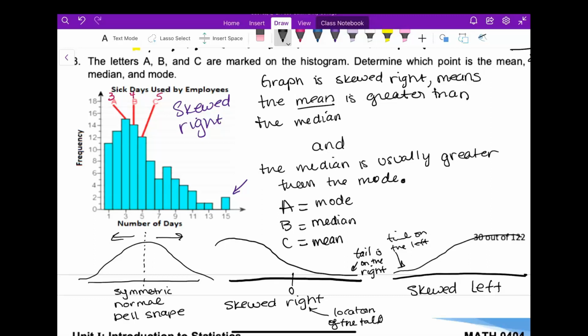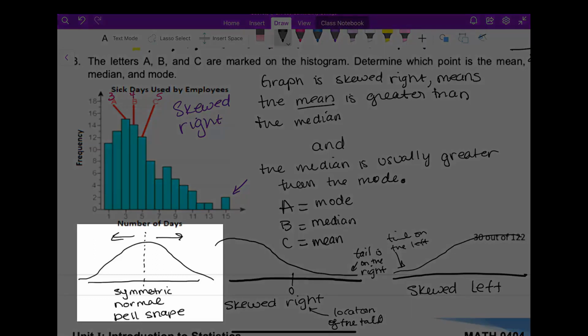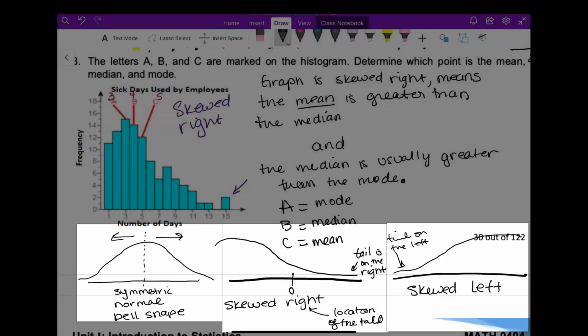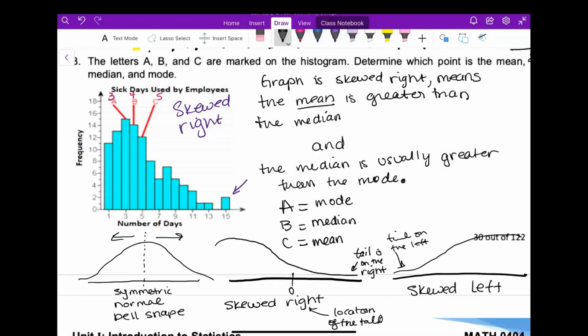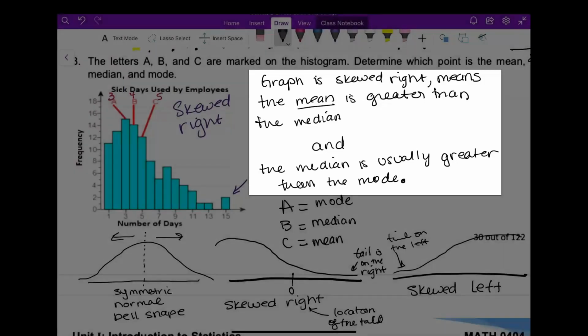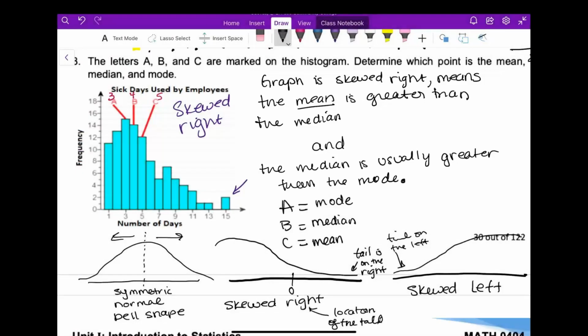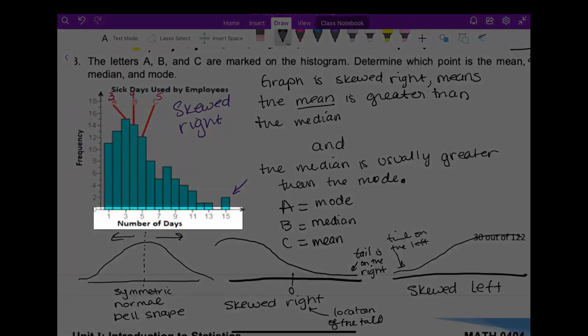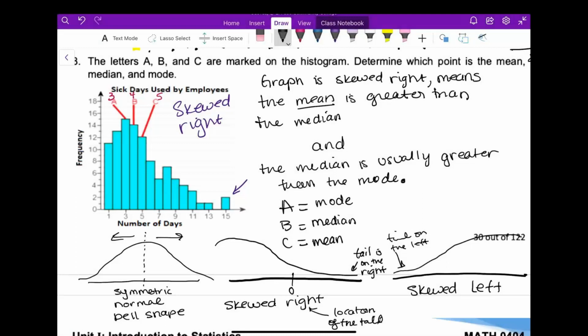Two take-home facts from this problem. If you're thinking, should I know all of this? Yes, you should know the shapes: bell shape, skewed right, skewed left. And then you should know the general idea behind skewed right and skewed left. In this case, we learned about skewed right. The mean is greater than the median. The median is usually greater than the mode. Then remember to read your data from your histogram, not the heights of the bars. Our overall answer here